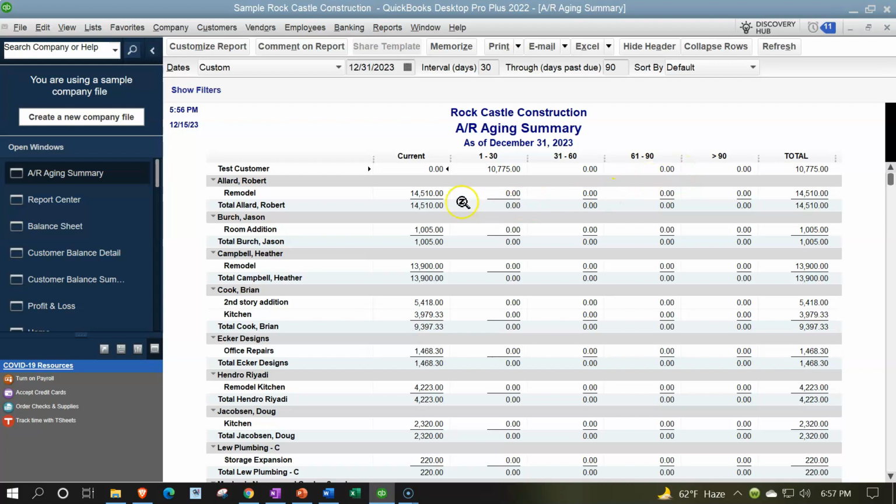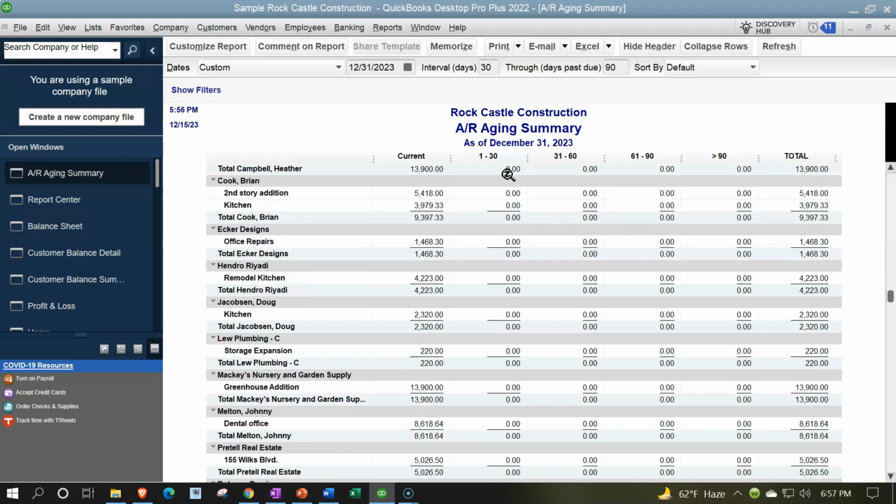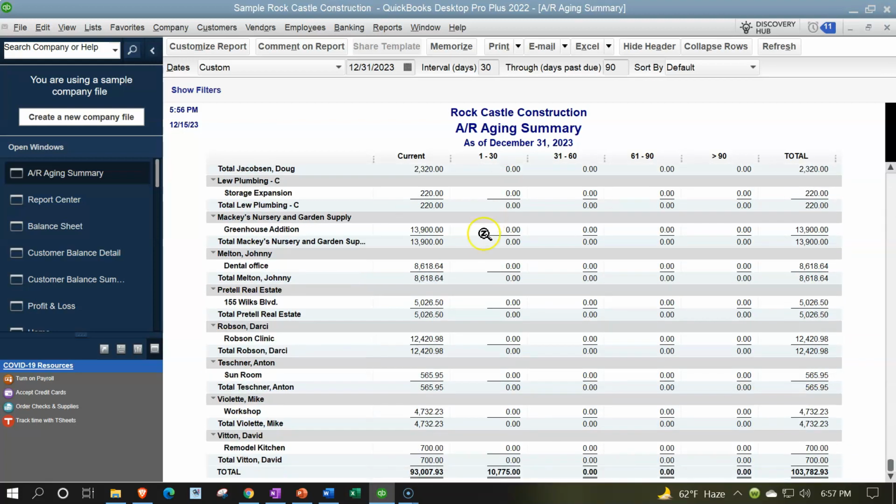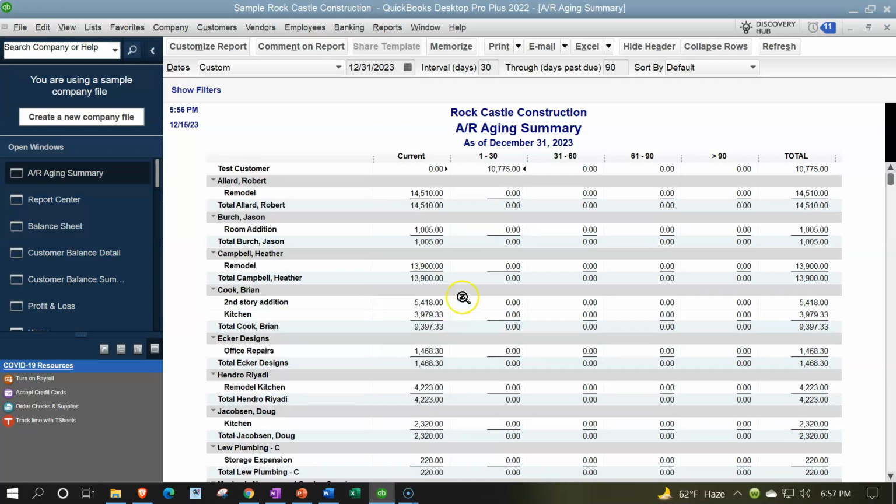So for example, if I was to look at a particular type of client, such as the test client here, then we could be more concerned given the fact that this invoice that's related to them is more past due, and therefore we're going to want to take more collection action on them. Most of the other information is basically in the current field. Idea being that the older it is, the less likely we're going to be able to collect on it. The more concerned we're going to be on it, the more likely we're going to want to extend collection action